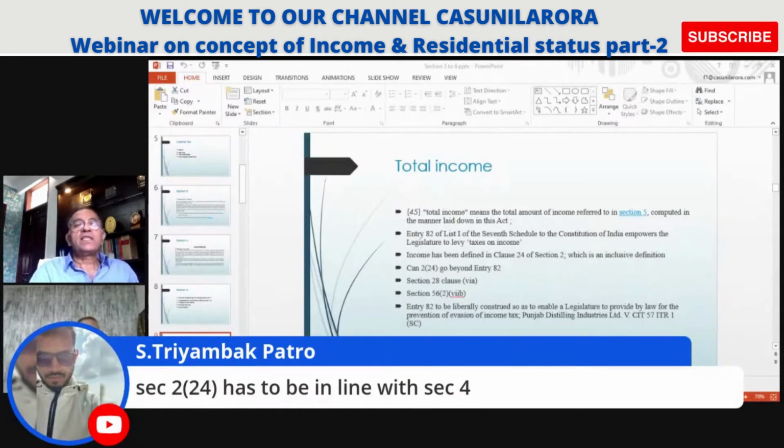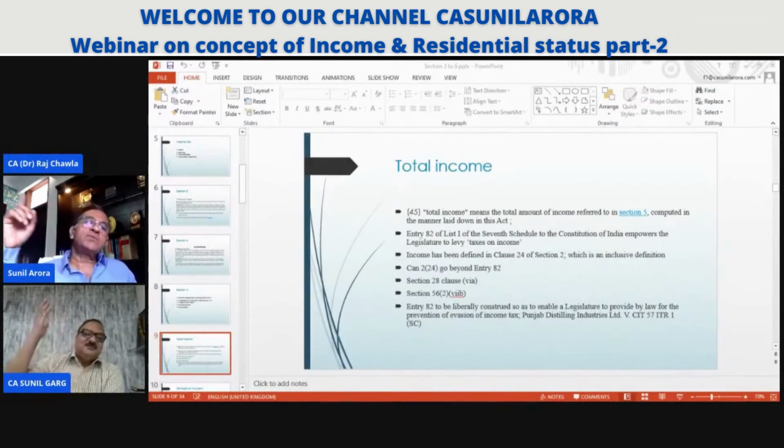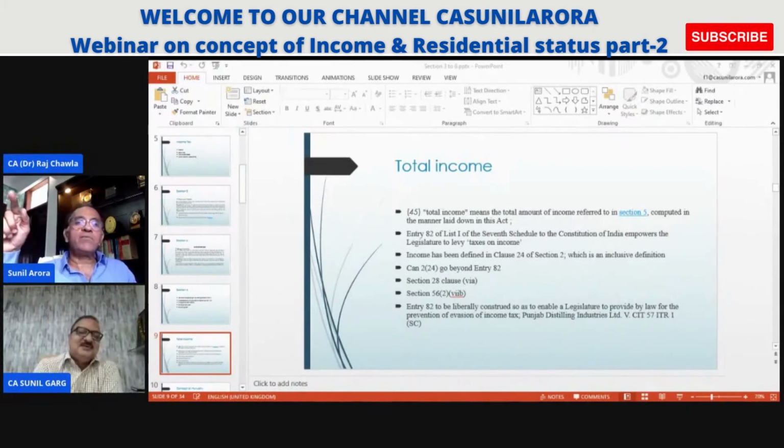Absolutely, because I think the jurisprudence has also to be looked at from this particular perspective that it has to be liberally construed, no doubt, but then it cannot go beyond the spirit of income. I mean, income has not been defined under the Constitution. They only say tax